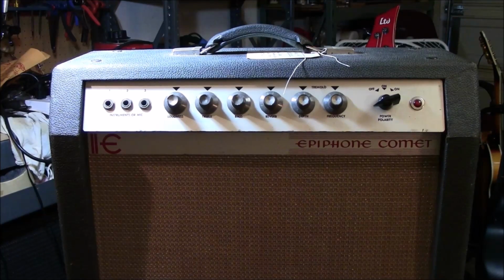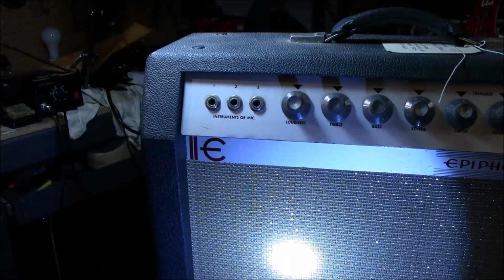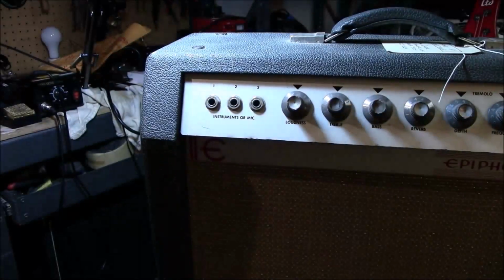Alright, so what we're looking at, guys, here's the front of the Comet, or the Epiphone Comet. And this is a nice little amp. I mean, this thing is in like new condition. There we go, now you can see it. Comet 2, I don't know. But